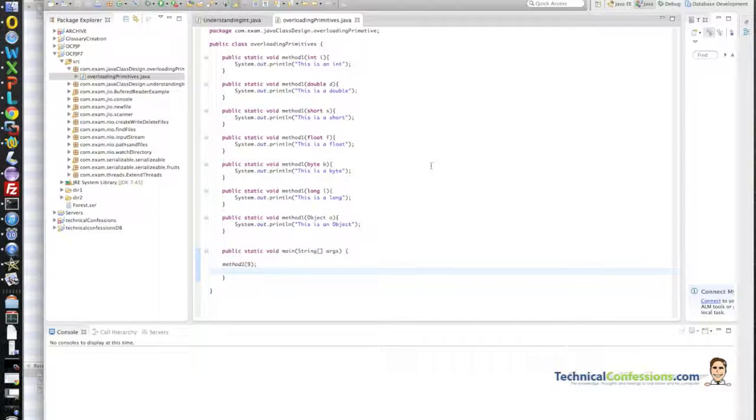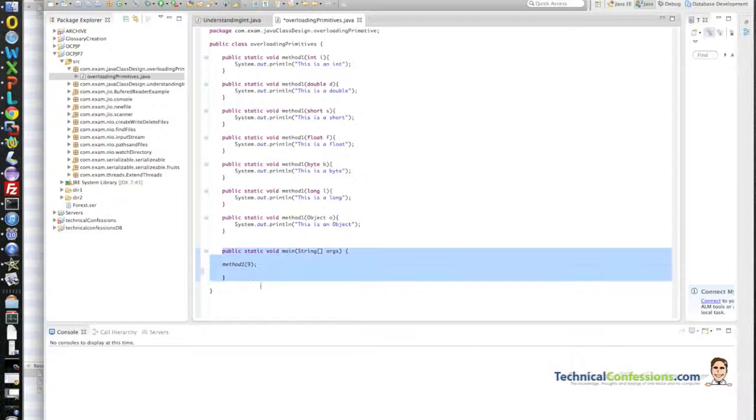Okay, so in this video I'm going to talk about the concept of overload resolution within Java. In a previous video I demonstrated the concept of overloading a method, so having more than one method with the same name, but they're different because of the number of arguments and the type of arguments that get passed through. So in this example here, just to quickly recap, I have here my main class, and